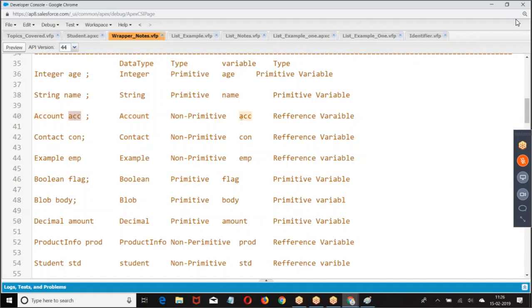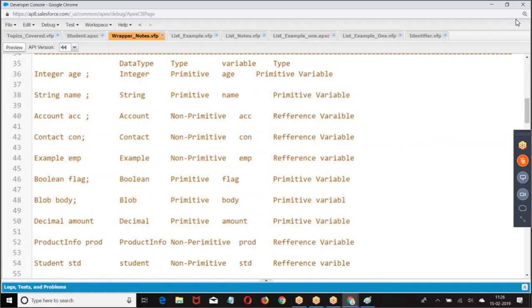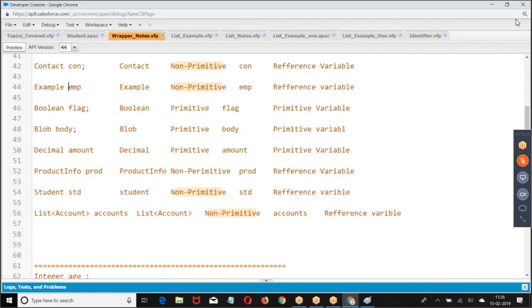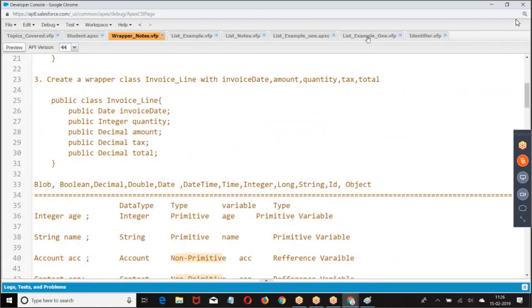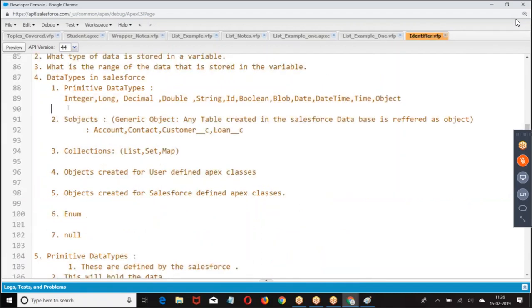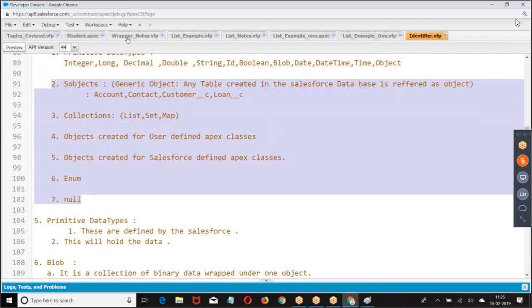ACC is what? Variable. Now what type of data type is this? Non-primitive. Example: Emp. We have discussed this format to explain what is a primitive. Now you are only looking at this point. This is not the only data type. We have other formats of data type also. That's what we have discussed here.